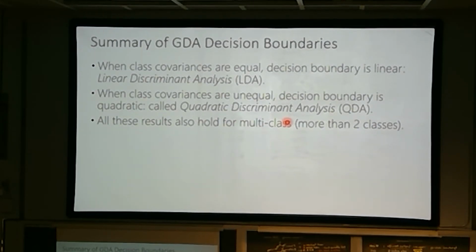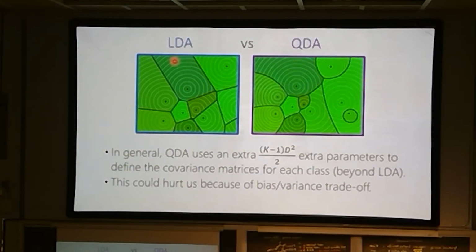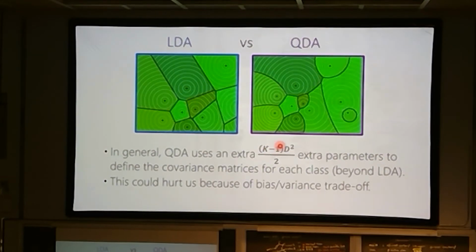Just to show you a picture of what that might look like, this is the linear case, and you see these are straight lines, and these are sort of like Voronoi tessellations. Every line here is straight because everything is a linear decision boundary. Just in the multi-class case, instead of dividing the plane or in higher dimensions, you partition the space with lines. In contrast with QDA, these are all quadratic curves. So you can get a more complex way to divide up the space like this. And because you're allowing for more covariance matrices, if there are arbitrary full rank covariances, then you're also incurring a penalty for those.